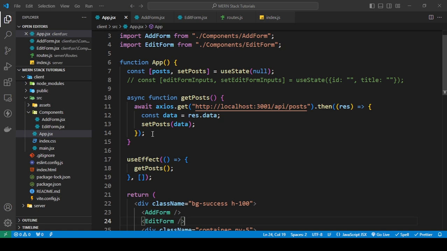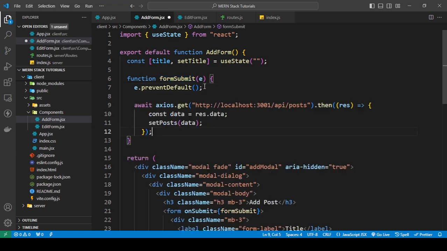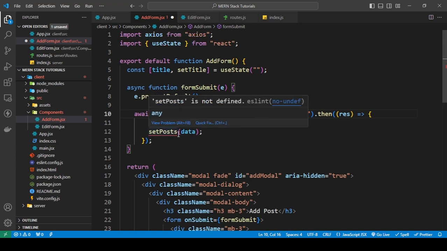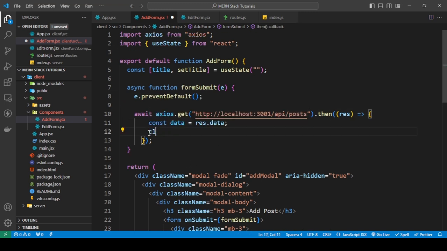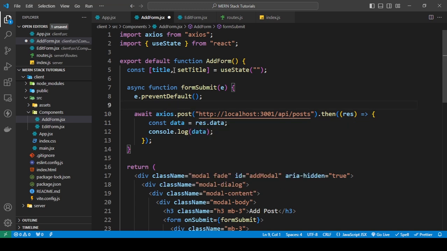to add data into our MongoDB Compass, okay, I'm going to open it up. In the meantime, I'm going to copy this, okay, because to add something on submit, I'm going to be triggering this function, and in this, I'm going to make this async, okay. I'm going to import Axios, and I'm just going to be console logging the data that we get, and we're going to make this a post request. Also,